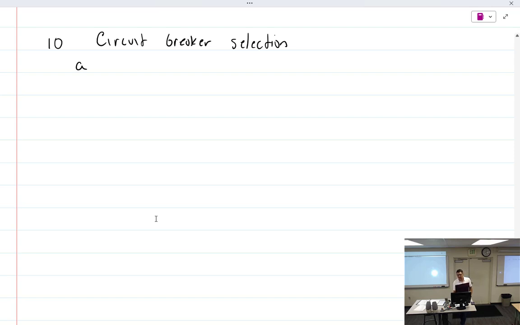All right, so we know how to basically select wires, but now we have to figure out how to select circuit breakers. Circuit breaker selection. Well, you would think that you just do the calculation, and if it's like 8 amps, just get an 8 amp circuit breaker, but it's not that easy. So according to AC 43.13, well, technically 1B, which is the first part, paragraph 11-51,